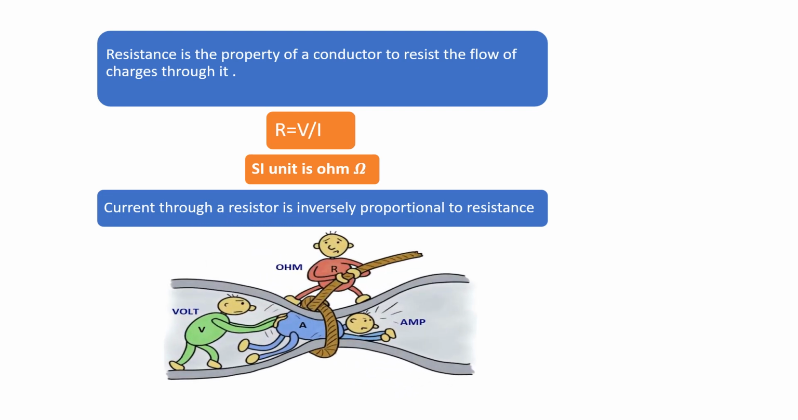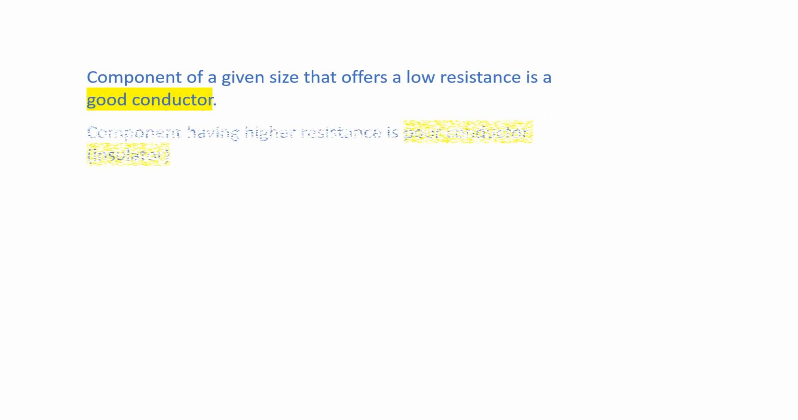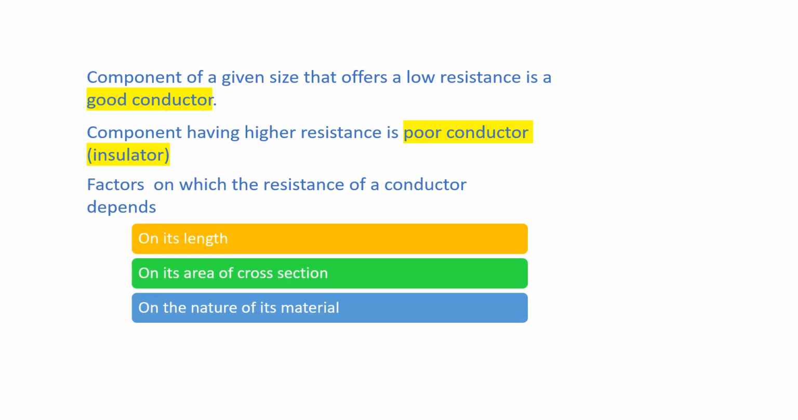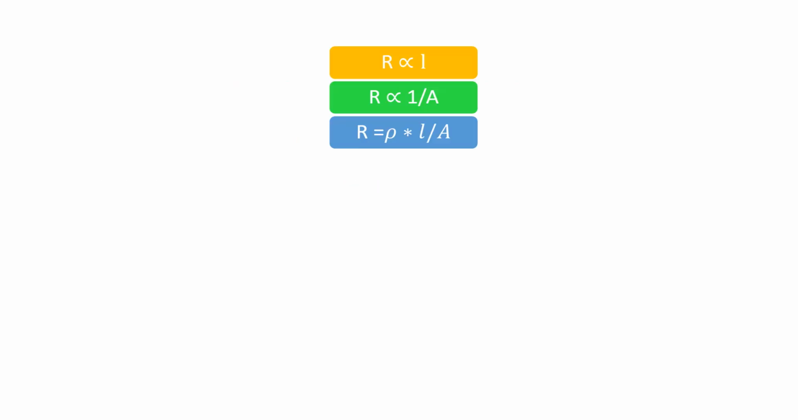Current for a given voltage is inversely proportional to the resistance. The materials having low resistance are called good conductors, and those having higher resistance are called poor conductors or insulators. The factors on which the resistance of a conductor depends are its length, its area of cross-section and the nature of its material. Resistance is directly proportional to the length of that material and inversely proportional to the area of cross-section of that material. So R is equal to rho into L by A,